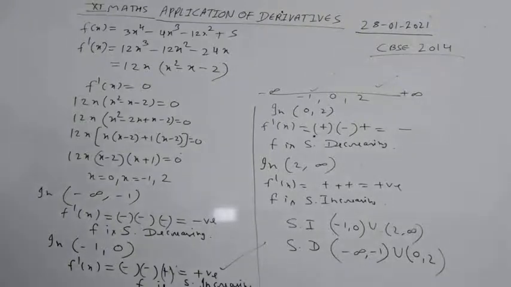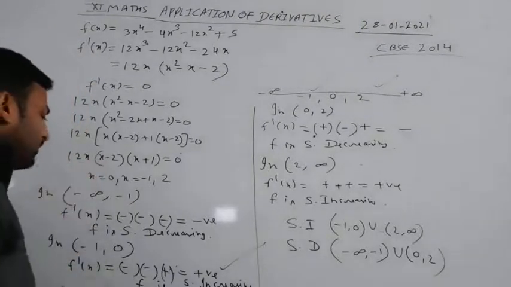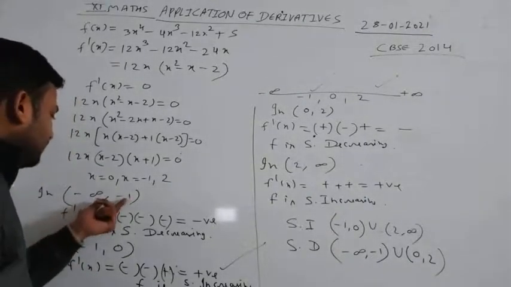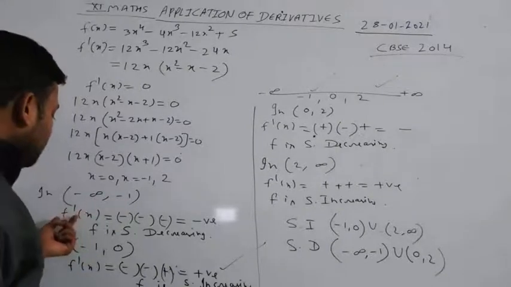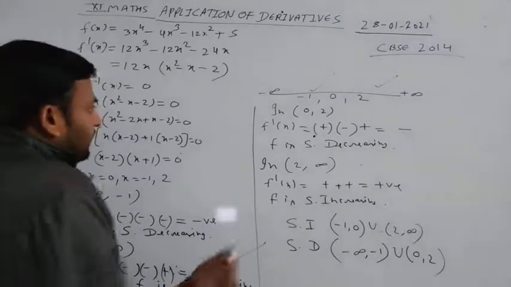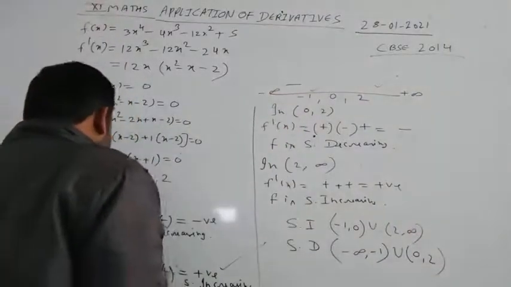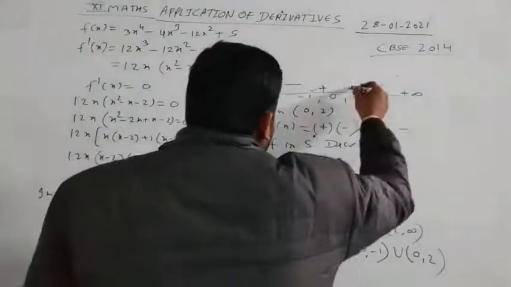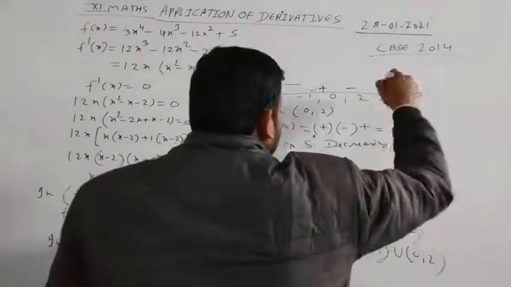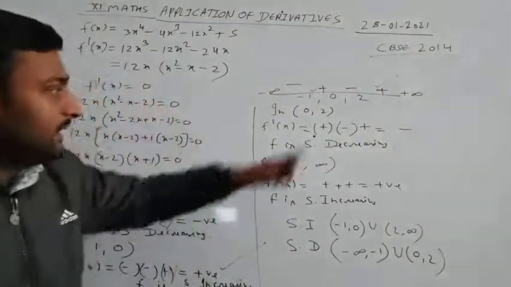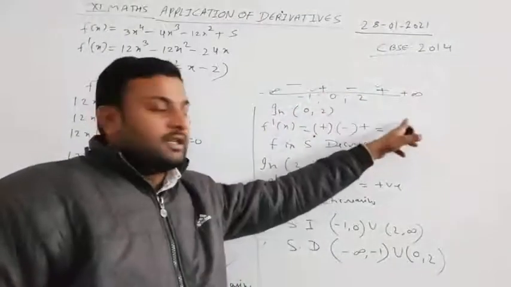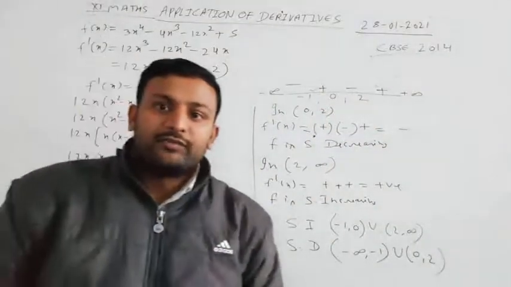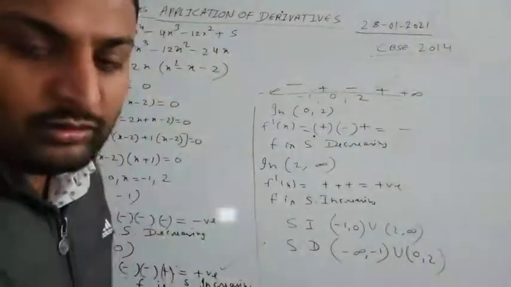Now students, we are checking one by one whether f'(x) is positive or negative in which interval. So from here we are seeing that in the first interval f'(x) is negative, so our function is strictly decreasing. Okay, and then -1 to 0 this is increasing. Okay, and again 0 to 2 this is negative, and in the last interval it is positive. So in this interval the function is increasing, and in this interval our function is decreasing. Okay, students, I hope you understand. Now we take another question.